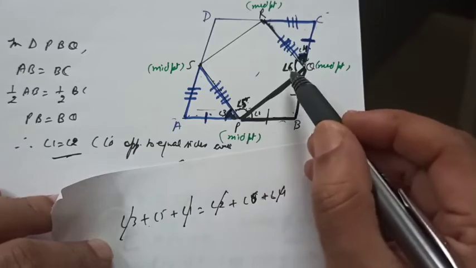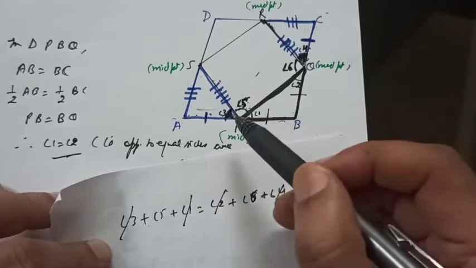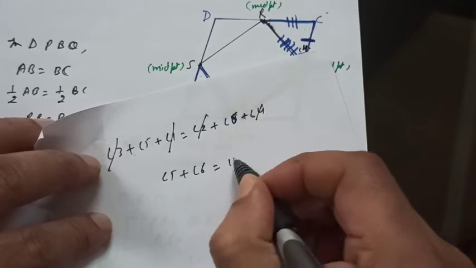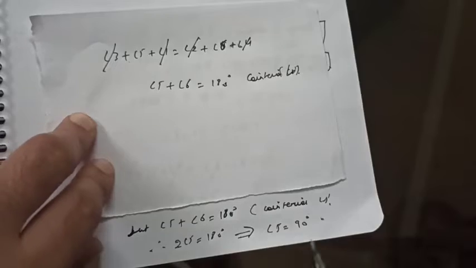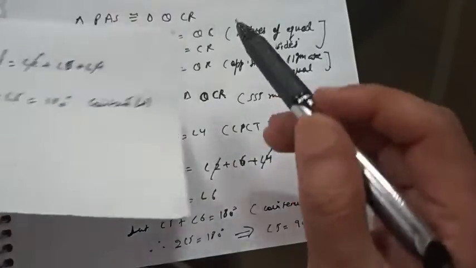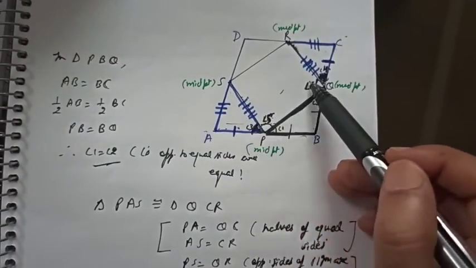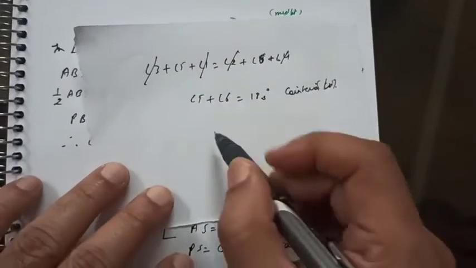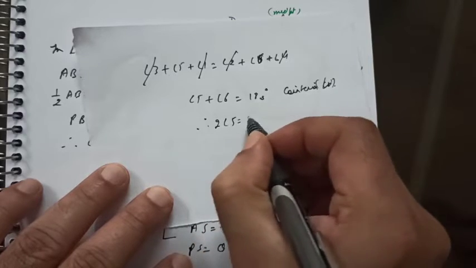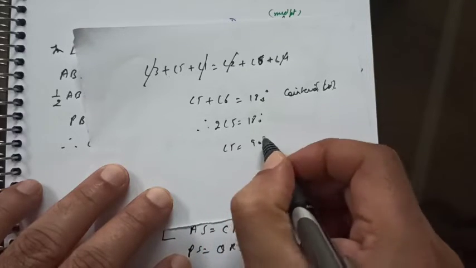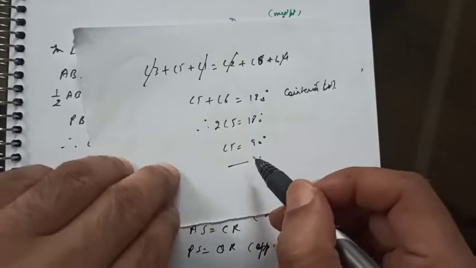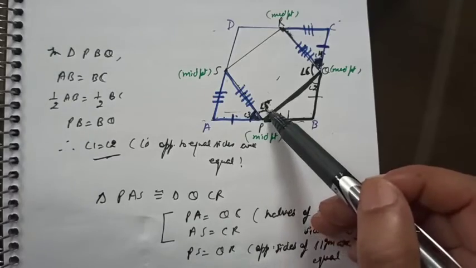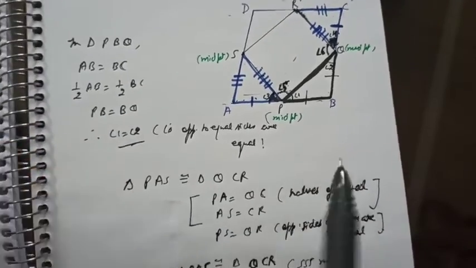Right, and since they are co-interior angles of the parallelogram which I have already proved, तो 5 + 6 कितना होगा, 180 डिग्री, because co-interior angles, right. So we know that in a parallelogram co-interior angles क्या होते हैं, supplementary. तो angle 5 + 6 कितना हो जाएगा 180 डिग्री. Therefore I can say that twice of 5 is 180 degrees. Angle 5 कितना हो जाएगा 90 degrees, right? So therefore I can say that a parallelogram was already proved. A parallelogram with 90 degree angle is a rectangle, right?